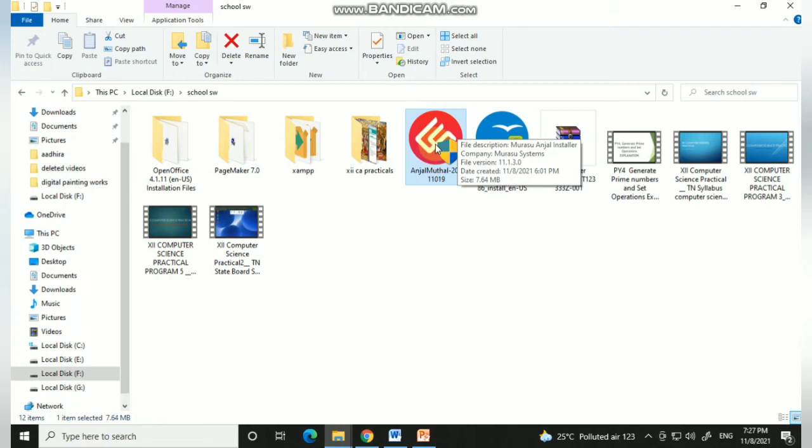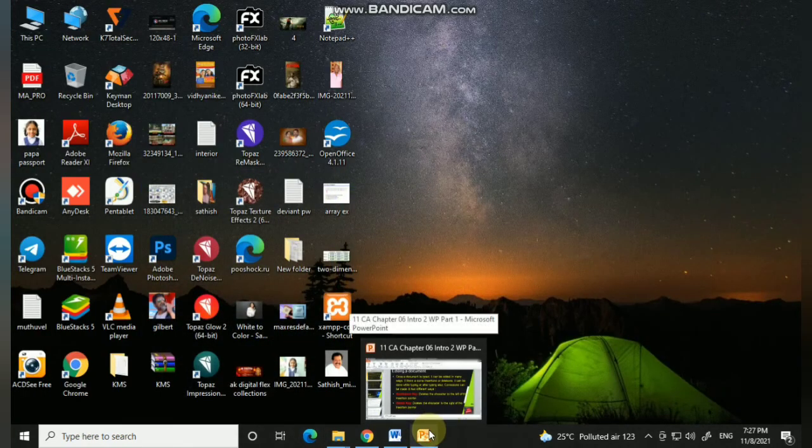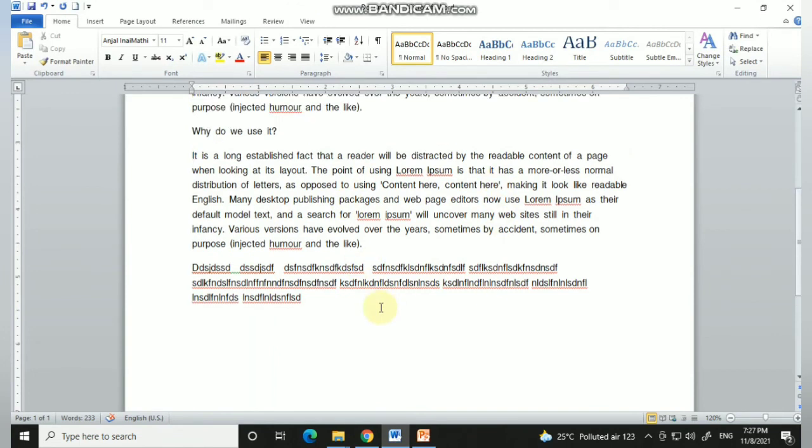You double click it and run it, and you can type in English itself and it will be converted into Tamil. The process is very simple. Once you download and install it, you will see the language here, which is by default English.